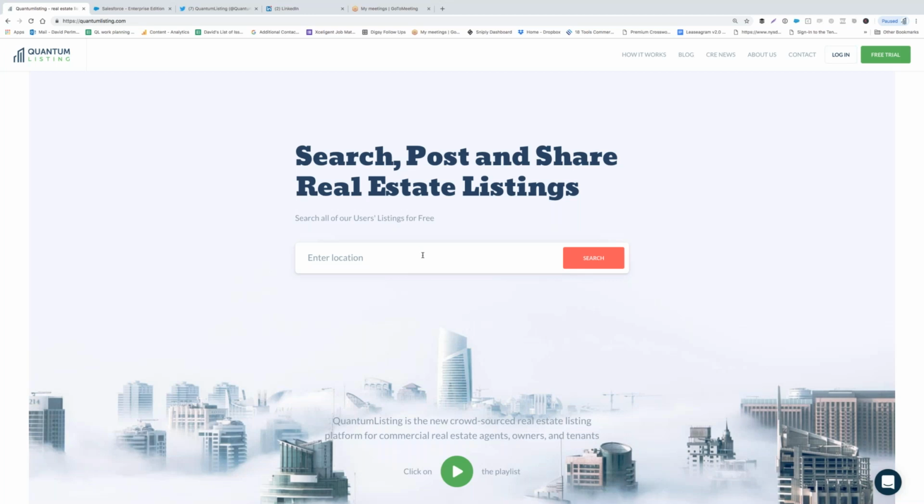This is the landing page when you first come to quantumlisting.com. As you can see, right there in the middle of the landing page is a search box. And anybody coming onto our site can see every single one of our users' listings. They don't have to register, they don't have to log in, they can just type in a location. So if you see it pop up down here and you click on that,